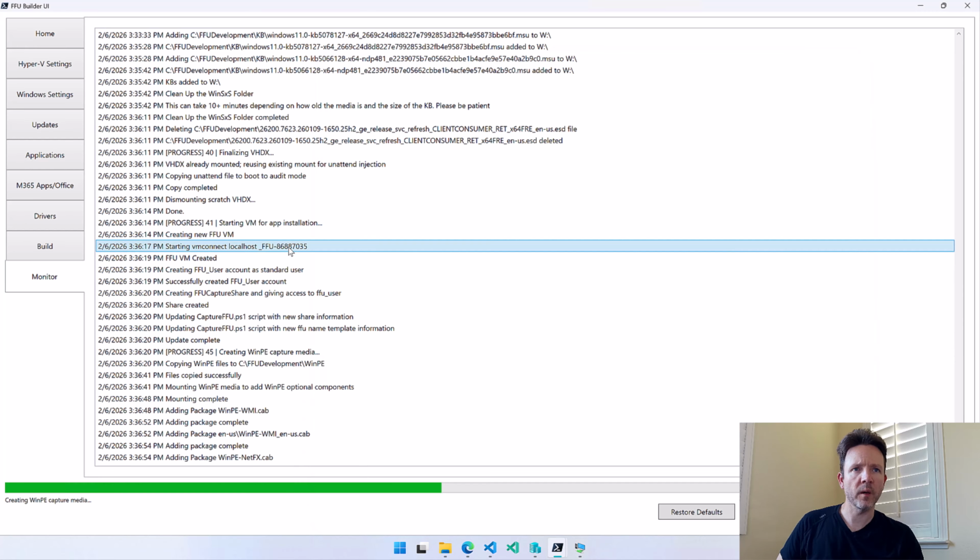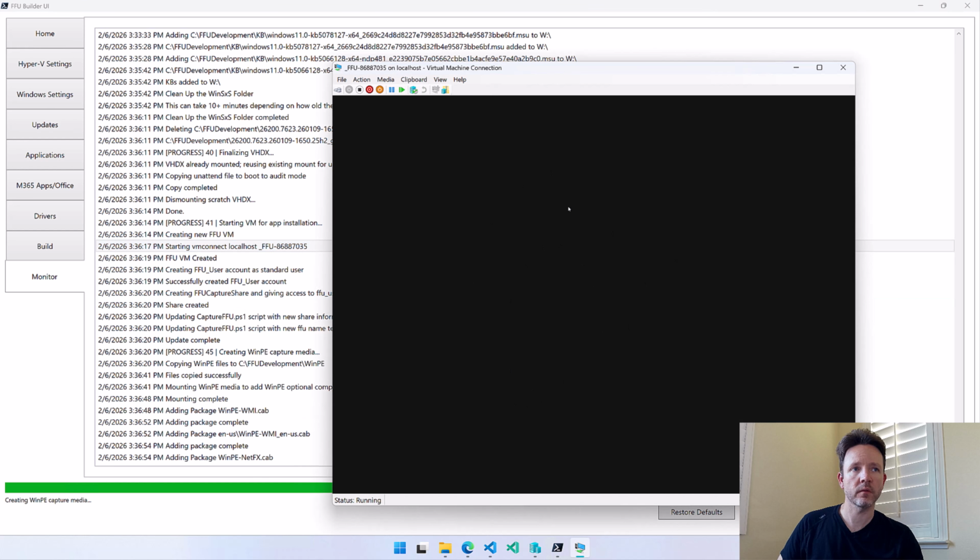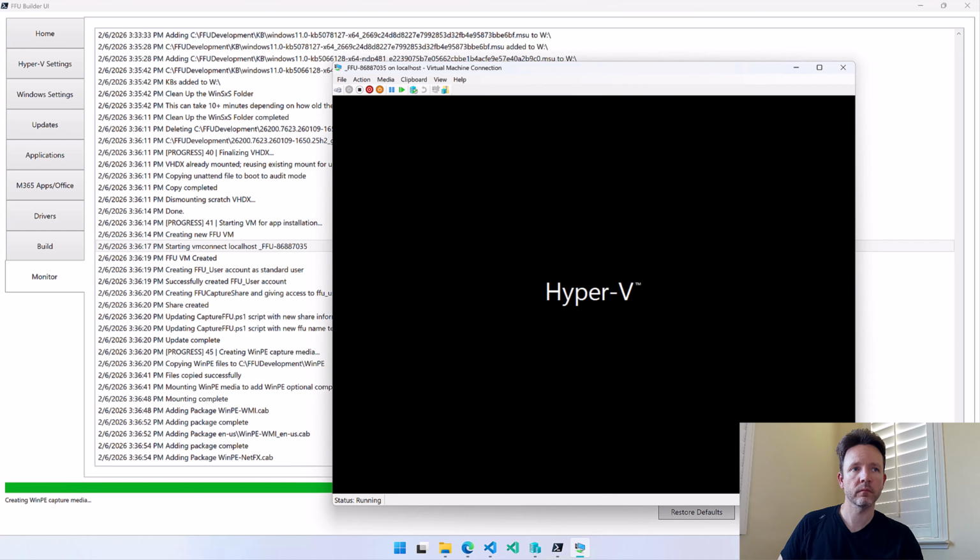And the FFU VM is this underscore FFU dash, and then there's just some random numbers that we use to create the FFU name. So this is the VM name. Select that, and then just open it up, and you should start to see it loading. And let's take a moment, and I'll come back when this is installing some stuff. Okay, so the install's going now, and this